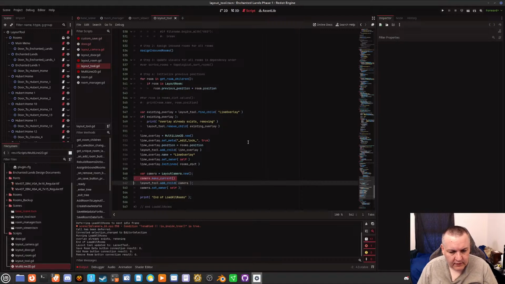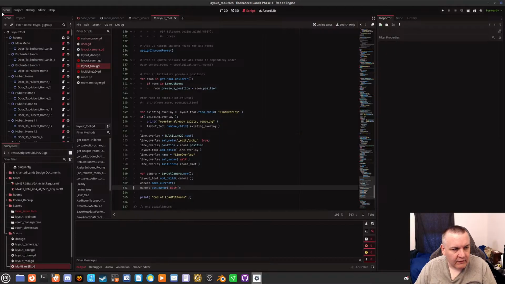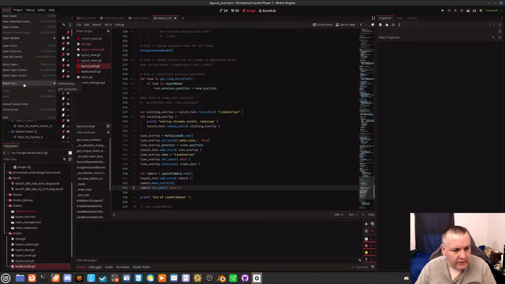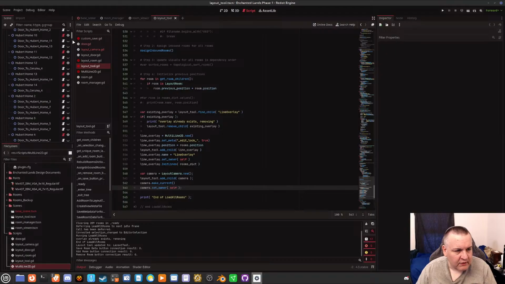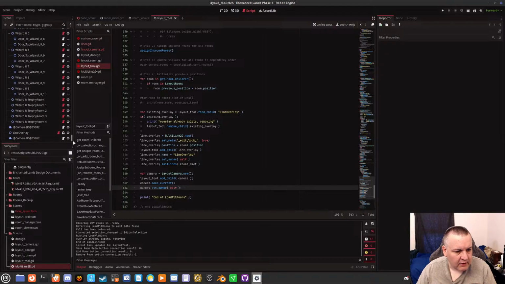Let's, I guess I have to enable it somehow. Reload scene. Okay. It was just that you make current after it's added to the tree. So that means that it should be in here.